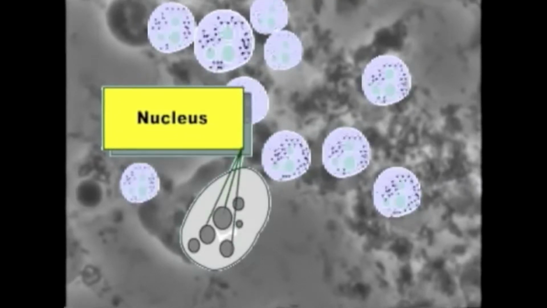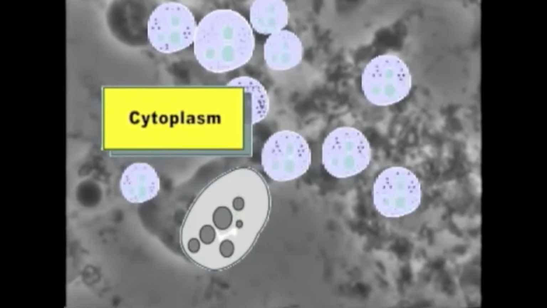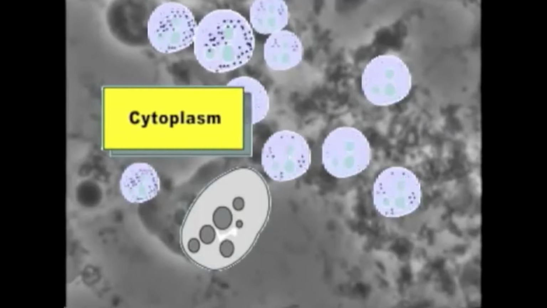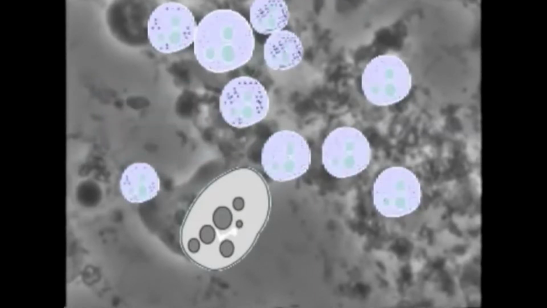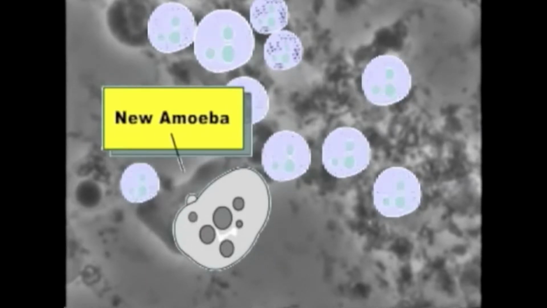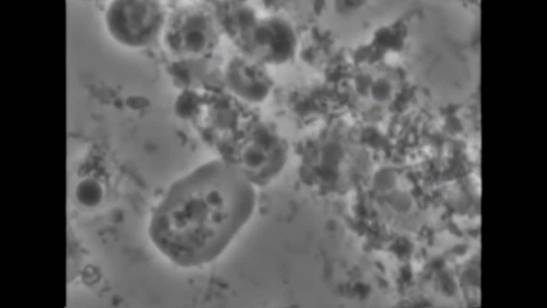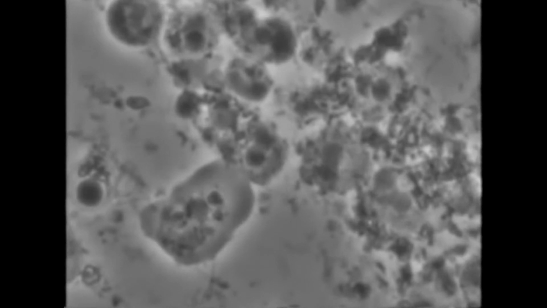This is the nucleus. The white spot is called a vacuole. The cytoplasm does not effervesce. They move by what's called a pseudopod, or in other words, this blob bulges out in one direction or another, and it slinks that direction. This one will take a nucleus and a cytoplasm and make a whole new amoeba. This is the only video I've seen of an amoeba giving birth.